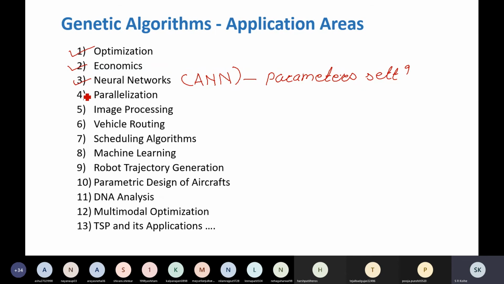Parallelization, that means parallel algorithms, image processing applications, vehicle routing, scheduling algorithms, machine learning, robot trajectory generation, parametric design of aircraft, where you need an optimized solution, DNA analysis, multimodal optimizations, the traveling salesman problem or its applications.